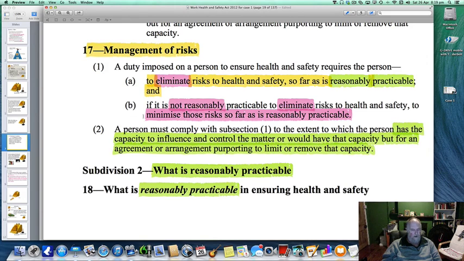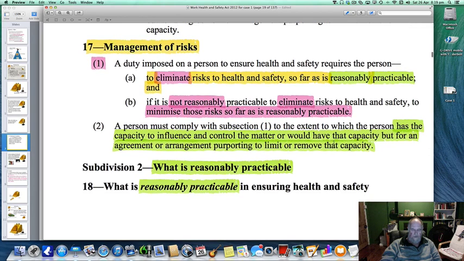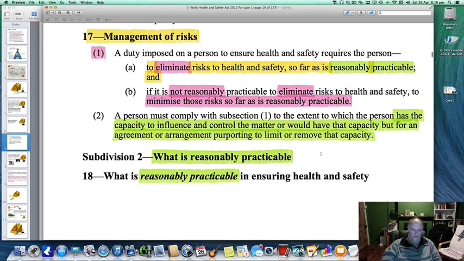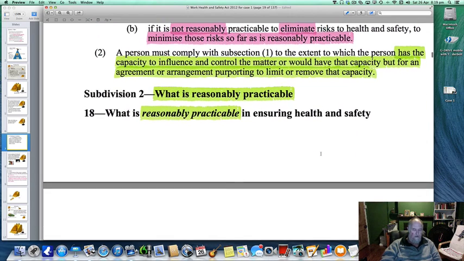Now, second bit then, a person must comply with subsection 1. See, that's subsection 1 here, which is the one we've just read. A person must comply with subsection 1 to the extent to which that person has a capacity to influence or control a matter, or would have that capacity but for an agreement or arrangement purporting to limit. We've already gone through that, so you know what that is. So now the question is, what is